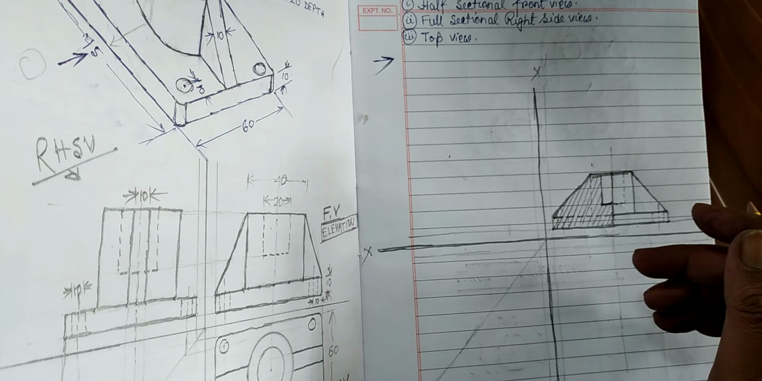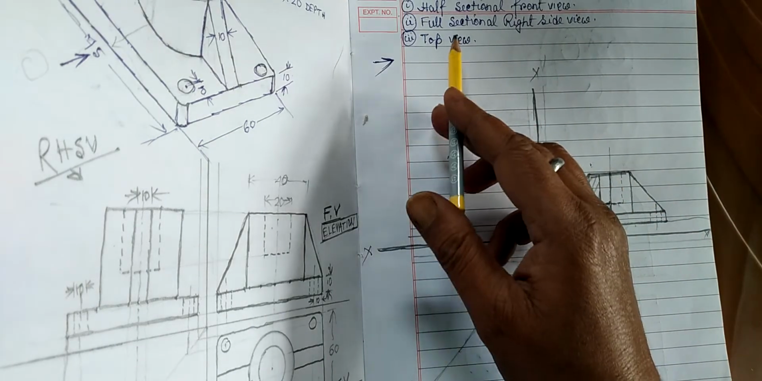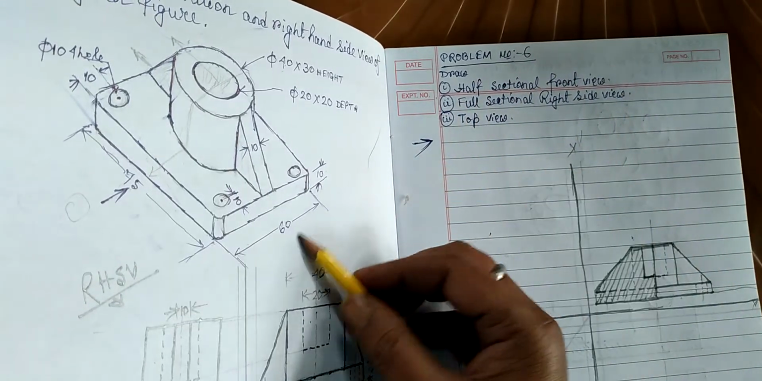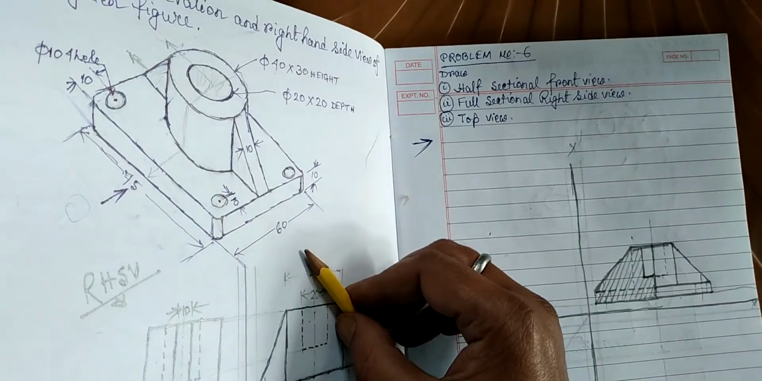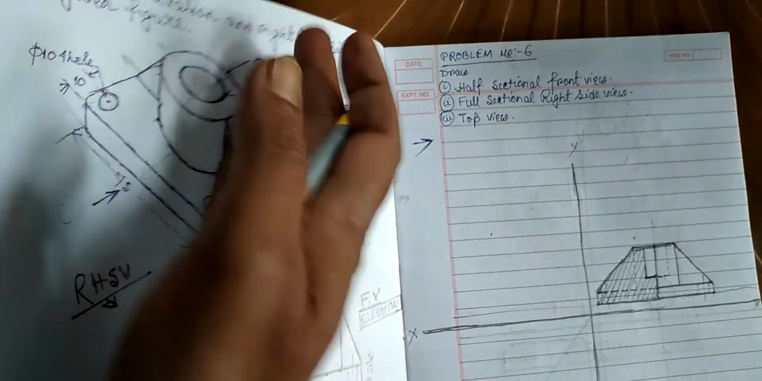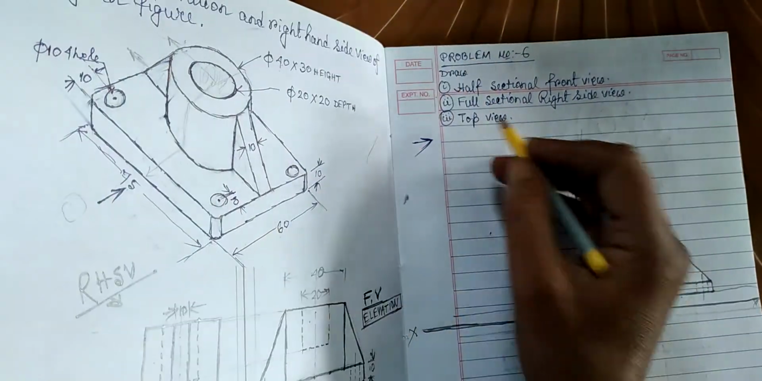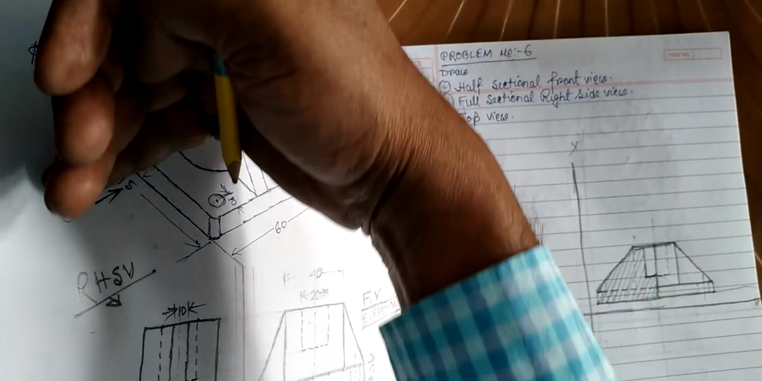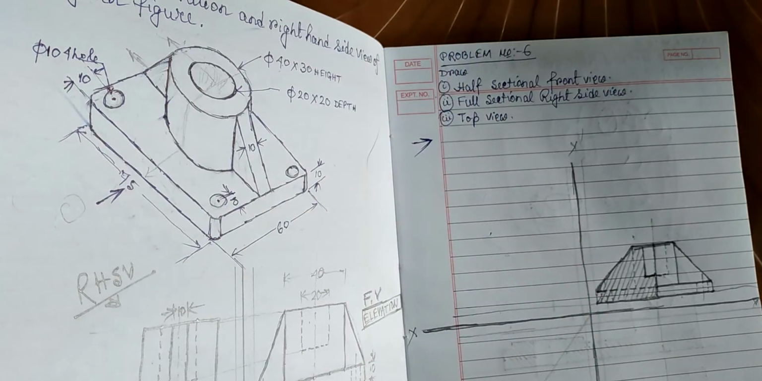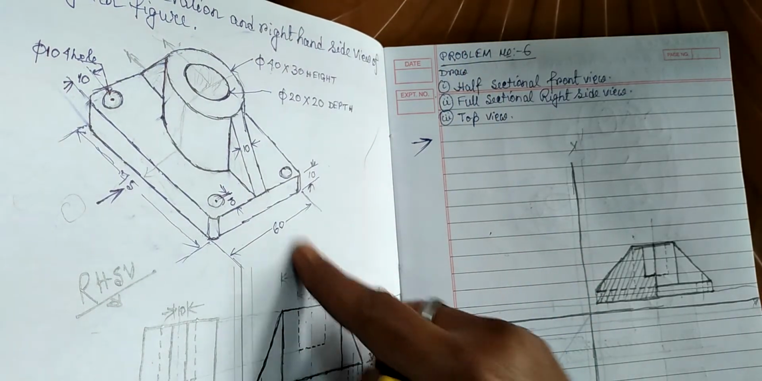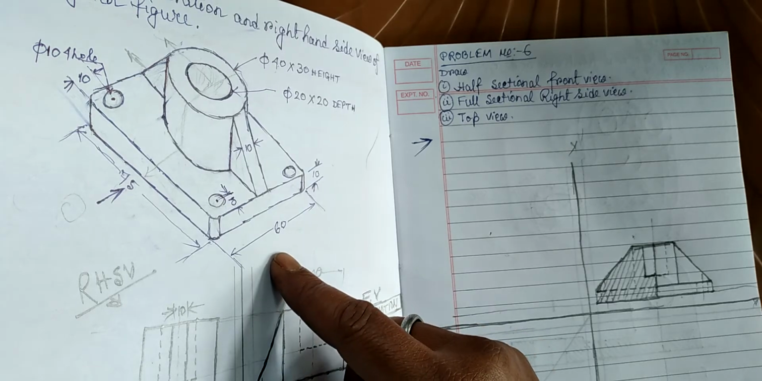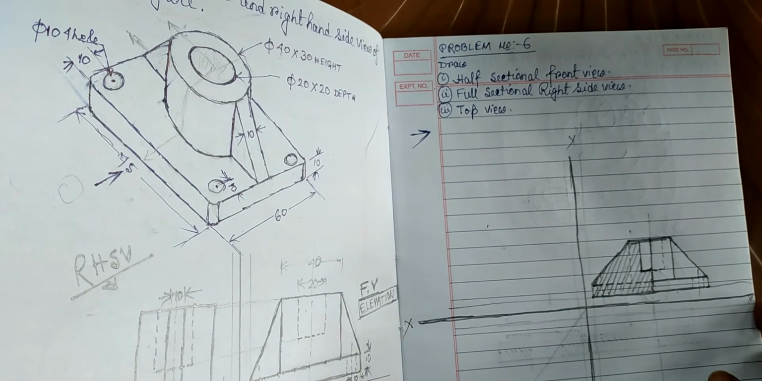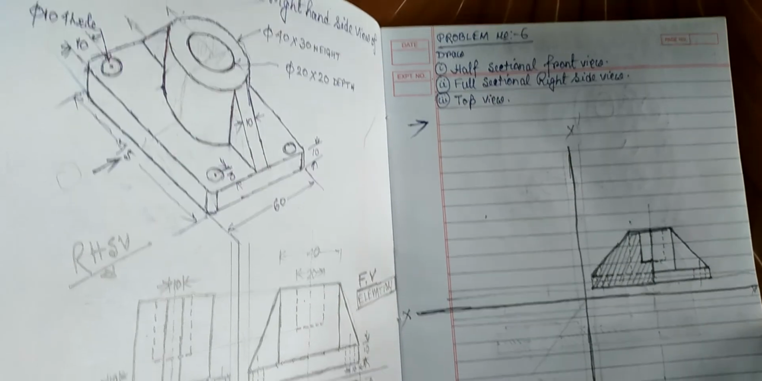And now we have to draw the full sectional right side view. Full sectional right side view means this is our right side. If this is our front, this is our right side. So cut this portion from here and remove the front portion, because it is a full section, means cut this object from the half and remove the half portion, and whatever we see from this side, that is our full sectional right side view. So full sectional right side view, just like this, you can see,